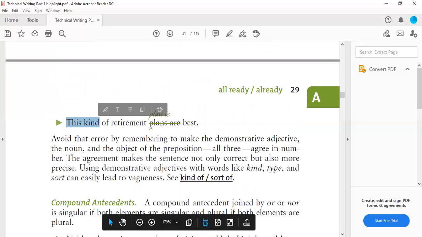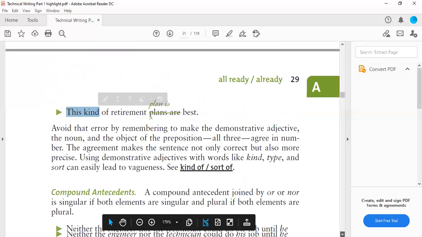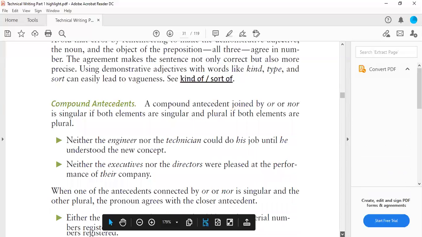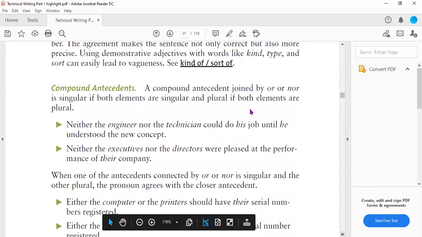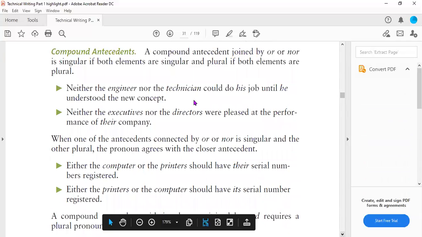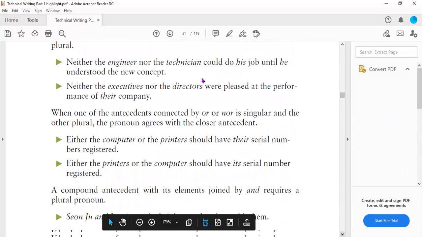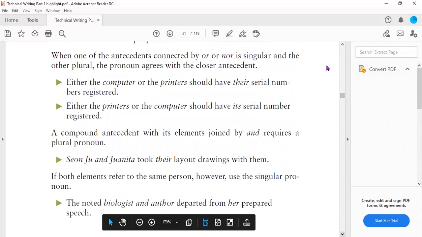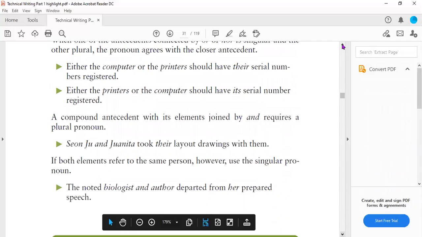Compound antecedents. Compound antecedents joined by "or" or "nor" are singular if both elements are singular, and plural if both elements are plural. For example, neither the engineer nor the technician could do his job until he understood the new concept. Neither the executives nor the directors were pleased at the performance of their company. Now, the question here that you have to understand